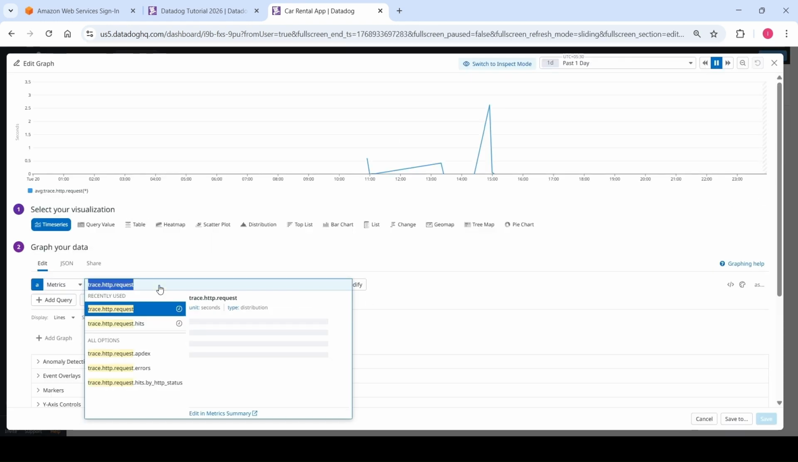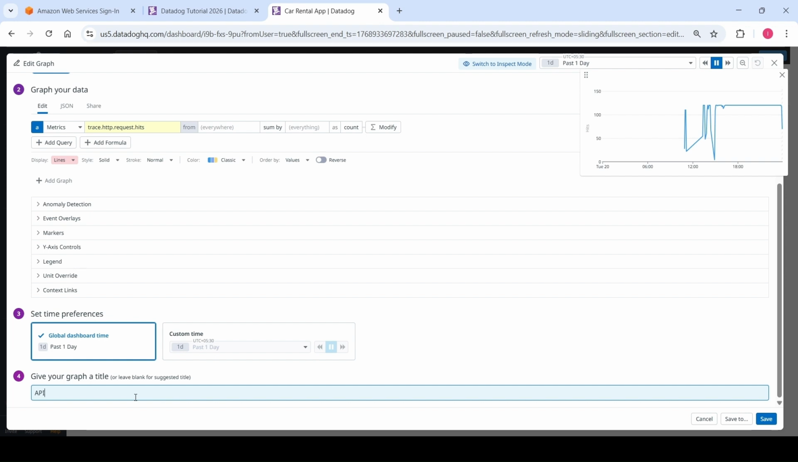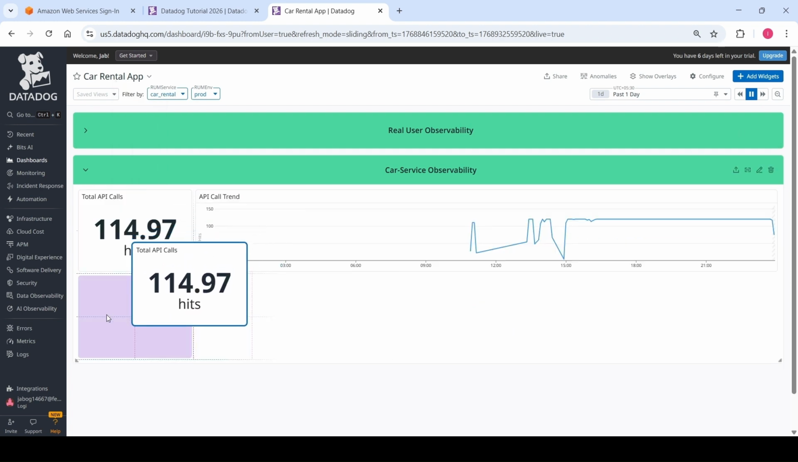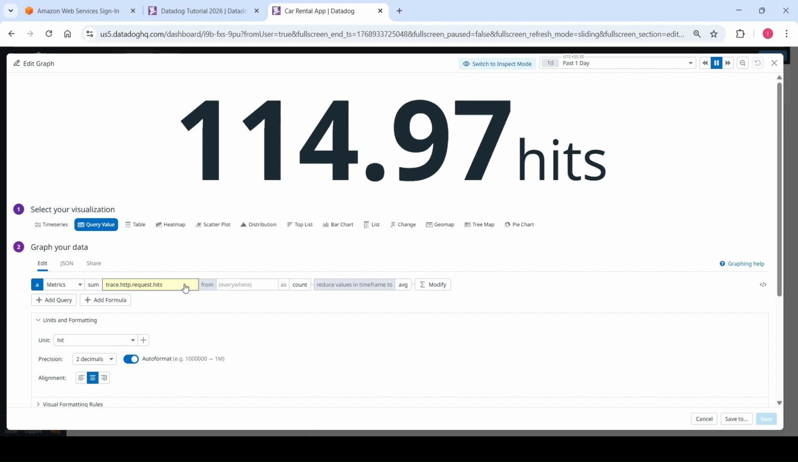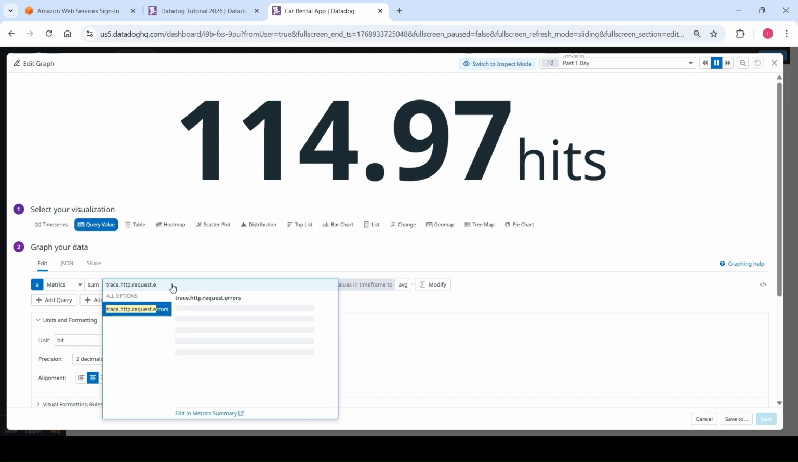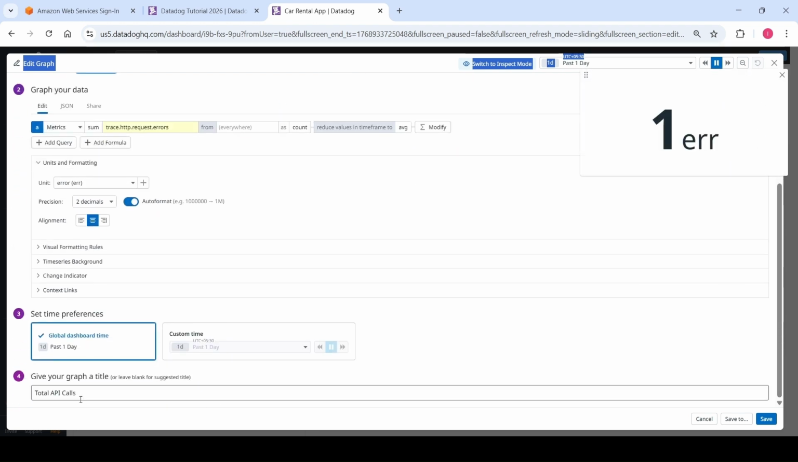This is it's again the API call trend. So this is nice. So we have the total API call details. Then I can make a clone, and I probably think you can guess what we are going to do. So we will look at it for errors. So there's only one error, total API errors,